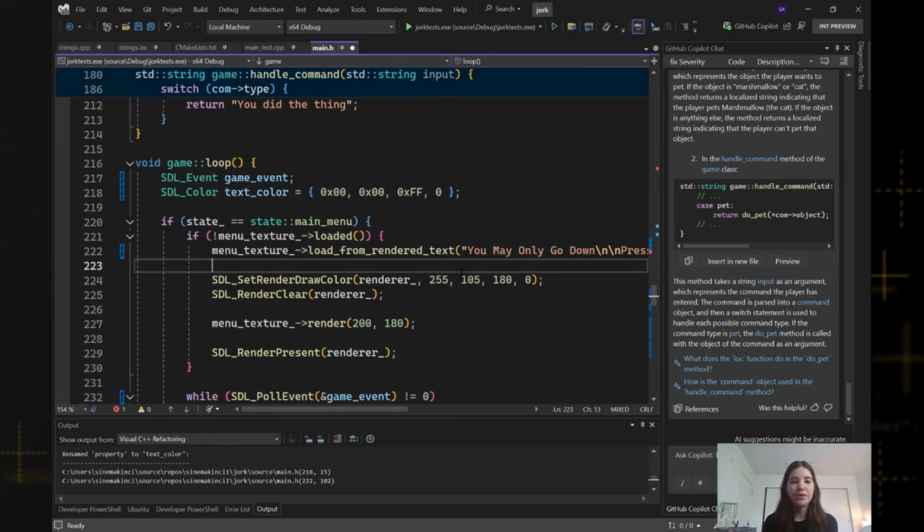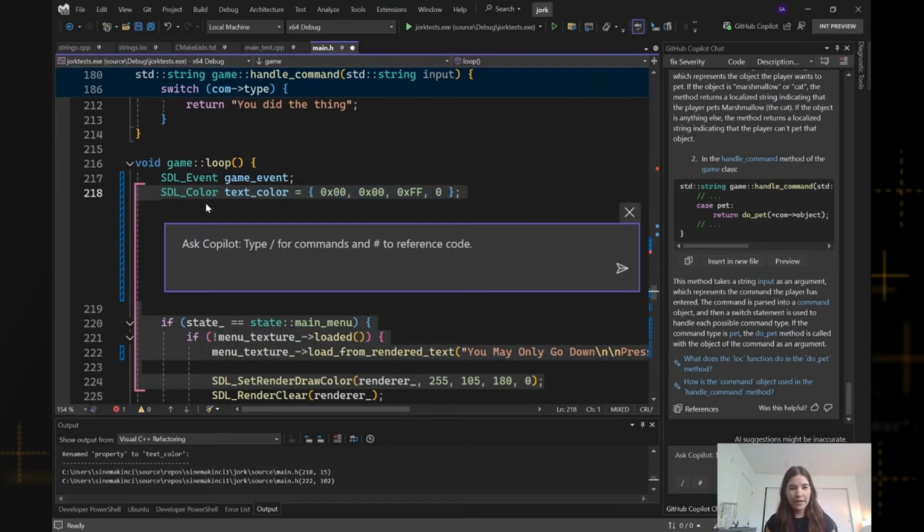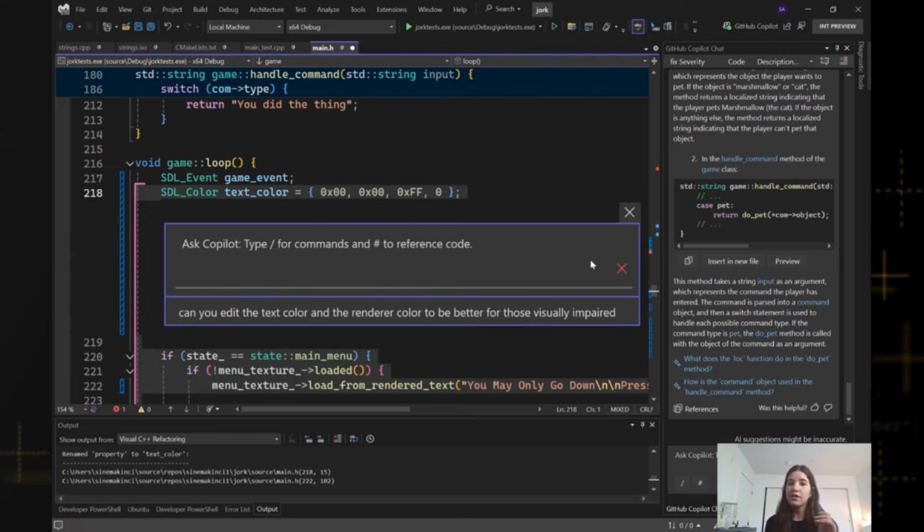Now I want to change the color of the text and the renderer to be better for those visually impaired. I can select the code, so the relevant code here, and ask Copilot, can you edit the text color and the render color to be better for those visually impaired? And this can help me because a task like this could take a lot of time, because I would